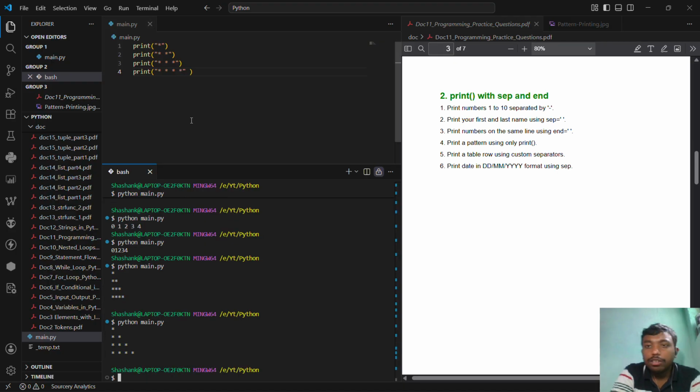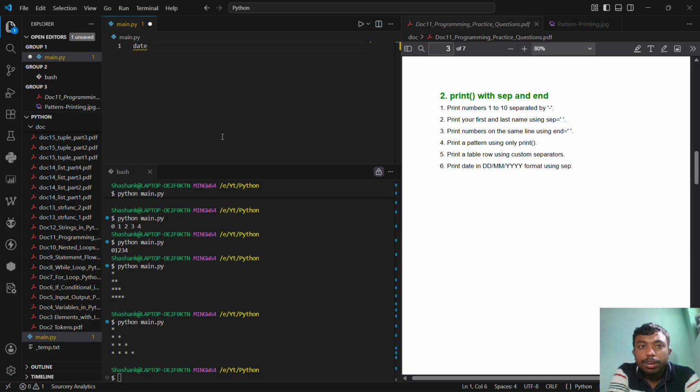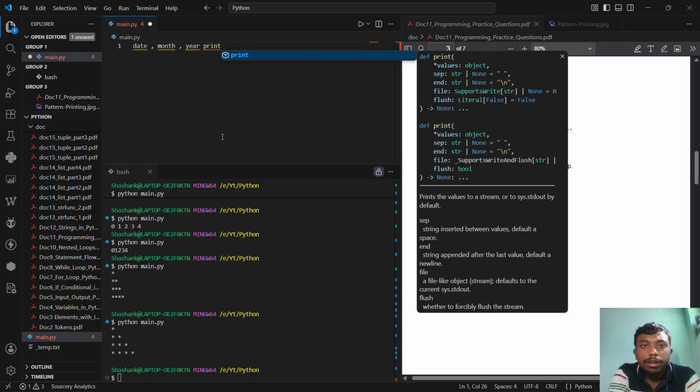You can add a space as you want. Now print a table row using custom separators. You can do this on your own, and even date. Take date in different variables: date, month, input from user, and year. Print them